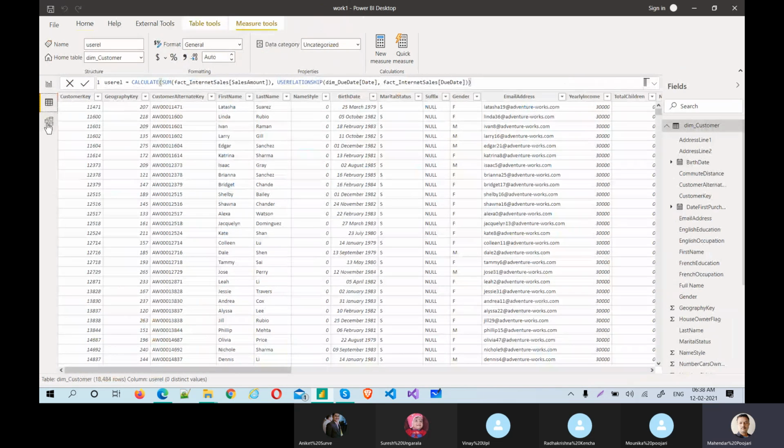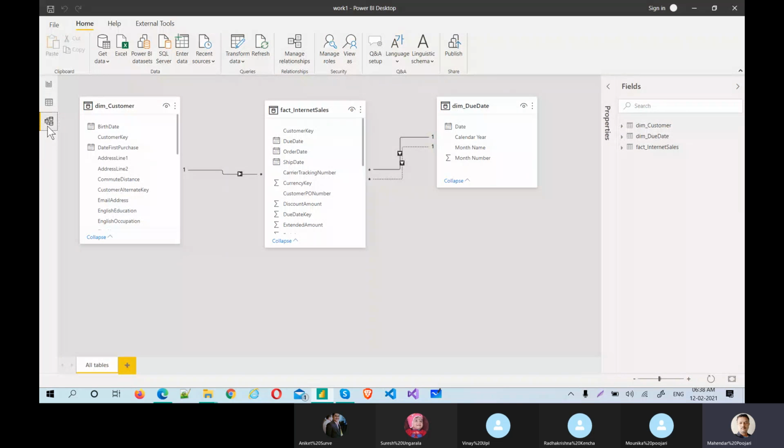Yeah, so previously there was no many-to-many relationship. What we used to do is get the unique dates from here and unique dates from here, and merge them in a new column. To avoid many-to-many, we created one new column with unique values from this table and unique values from the other table, and created a relation between this table and the other. That's how we used to do it.